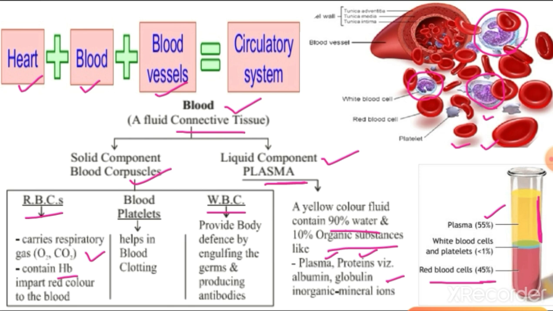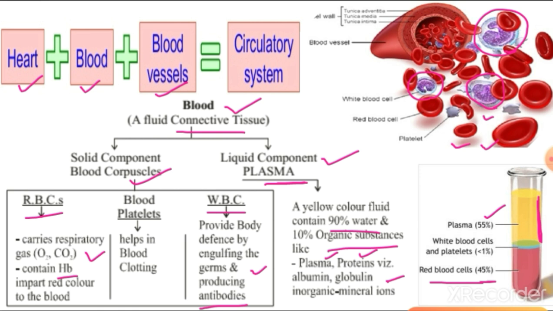White blood cells basically build up a defense system in our body. So it provides a defense system. They fight against diseases. Whatever germs, bacteria, viruses enter our body, they produce antibodies in the blood, and these antibodies basically engulf them, or these antibodies fight against those germs and